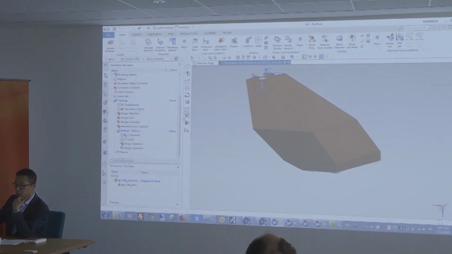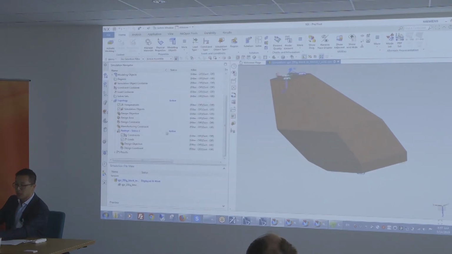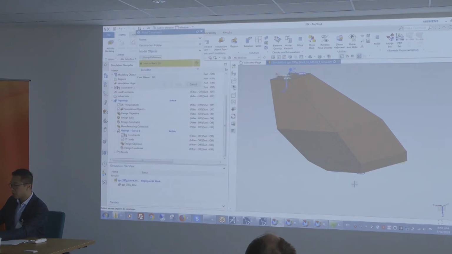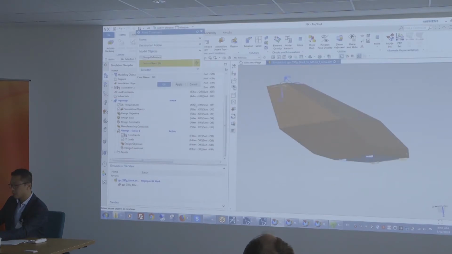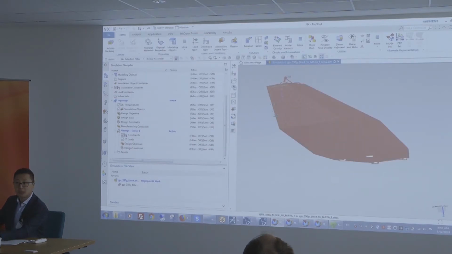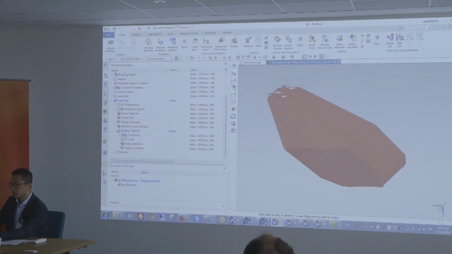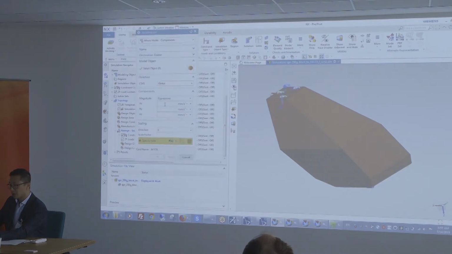So when it's going to run topology optimization, it will run this guy. So we'll apply, let's say, a fixed constraint to that point. So this is my grounding. I'm going to apply an acceleration load, say, on the whole model, let's say 100 Gs.